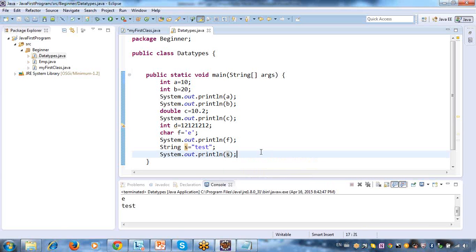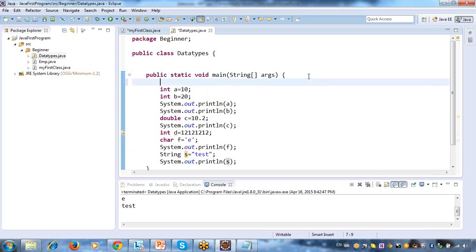Okay, so these are all the different data types available in Java: integer, double, character, float. Float and the like we will use very less, and then character and string. These are all very common types we will use in our Java programming. Data type is nothing but what kind of data you are storing in your variables. Based on that, you can declare your data types. Remember, this data type declaration is mandatory in Java. Otherwise, it will throw the error message. Simply, if I say a is equal to 10, it will throw the error message.